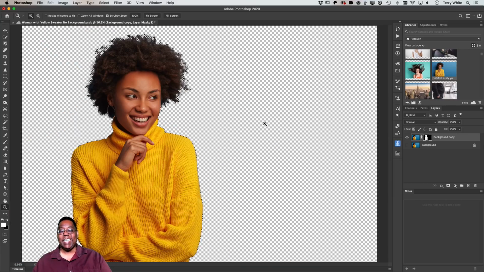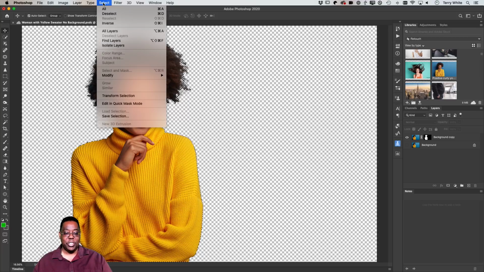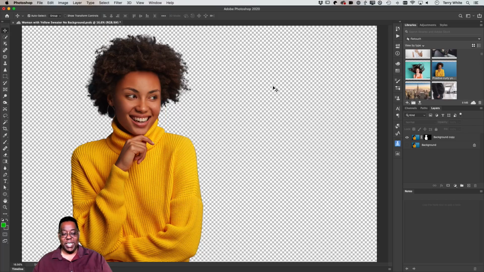How do I deselect the image? Because clicking somewhere else with another tool doesn't deselect in Photoshop, depending on the tool. So to deselect successfully every single time, it's the same keyboard shortcut that I showed you in Lightroom. This is where it came from. We call it none in Lightroom, but it's Command D. That will always safely deselect whatever you have.